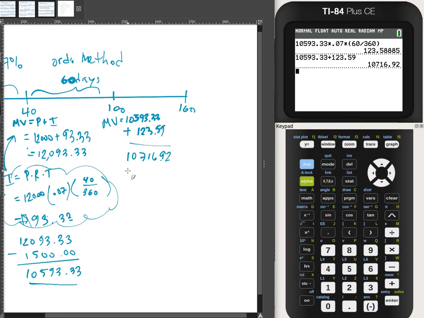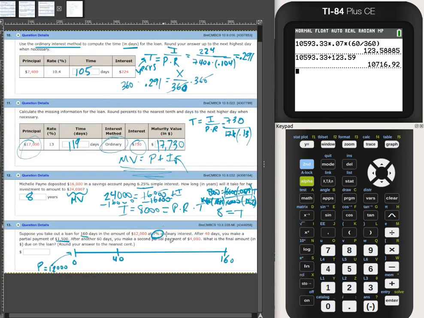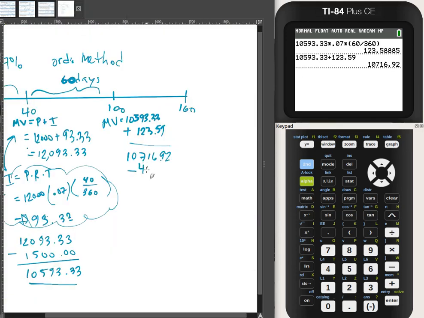And then we make a partial payment of, how much was it again? It was $4,000. That's our partial payment. So we should subtract $4,000 from this one. This will take care of the interest that we've gotten up until now. And then we will be starting over after this point for the last little stretch of this loan with the new value. So it's going to go 10,716.92, and then we're going to subtract 4,000. So that's going to be $6,716.92. That's going to be the amount that we're dealing with for the last 60 days,